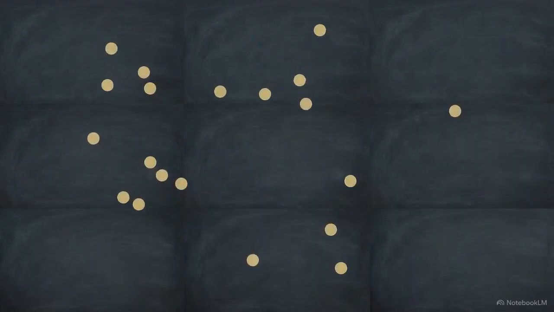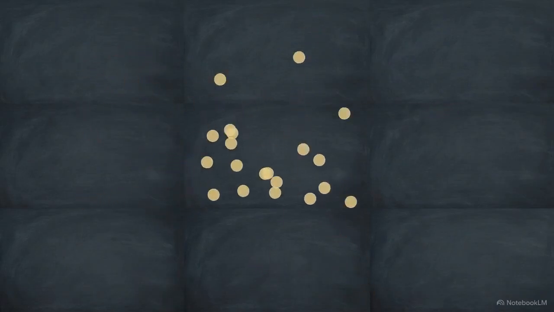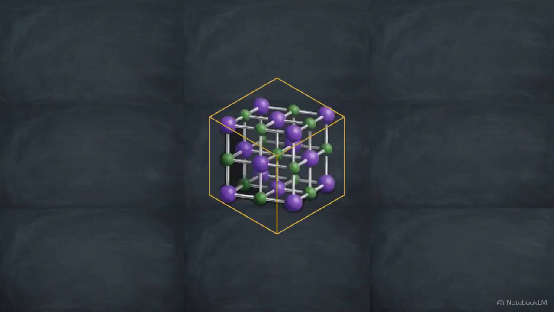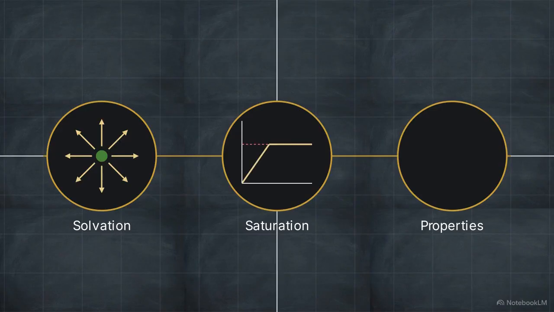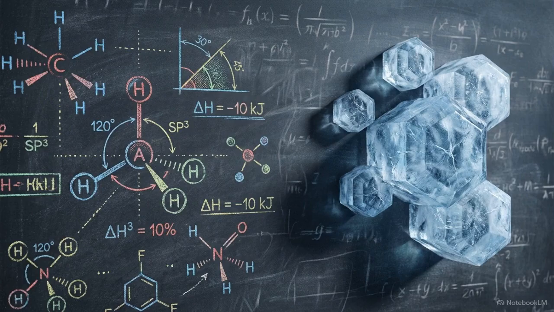To accurately predict how a solution behaves, we must build the physics of this system entirely from the ground up. We will trace this process through three distinct stages: the thermodynamic vectors that drive solvation, the strict mathematical limits of saturation, and the mechanism by which dissolved particles hijack the bulk physical properties of the solvent. Tracing this progression from individual atomic interactions to macroscopic fluid dynamics yields exact predictive control over both chemical solubility and